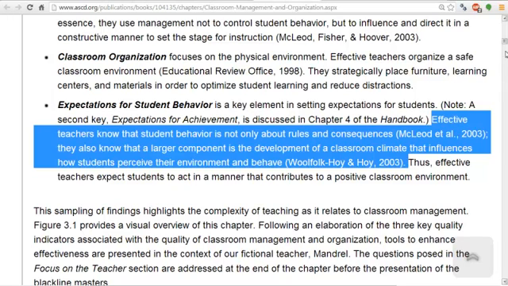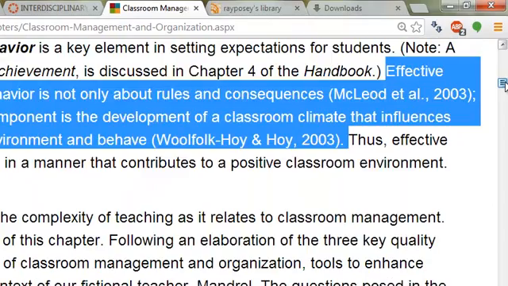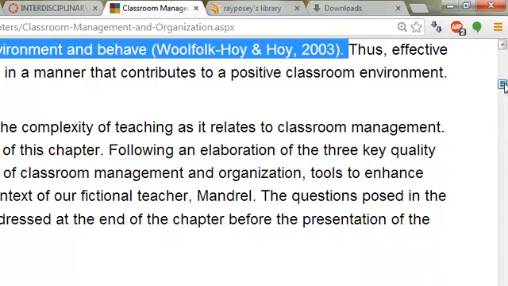The other thing to think about, too, is I really like what Dr. Gibbs says about student behavior. When students are exhibiting any kind of behavior, you need to remember that they're trying to communicate something to you. They may not be able to use words when they act out in a positive way or a negative way, but they're trying to communicate something to you. And if you look for that communication that's going on, what are they trying to tell me? It will change the whole way you look at student behavior.